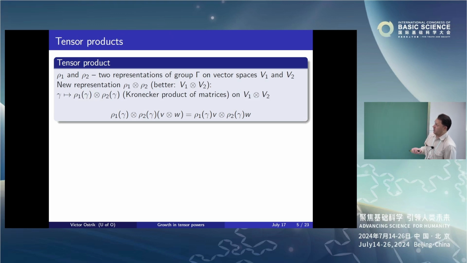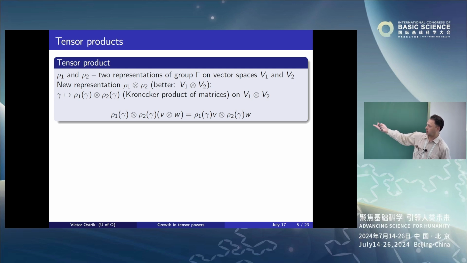Another operation on representations is the operation of tensor product. If you have 2 representations, you can take the tensor product. In terms of matrices, you are supposed to take what is called the Kronecker product of matrices, and it's much easier to think about this abstractly. So the underlying vector space of my representation is just the tensor product of the vector spaces,